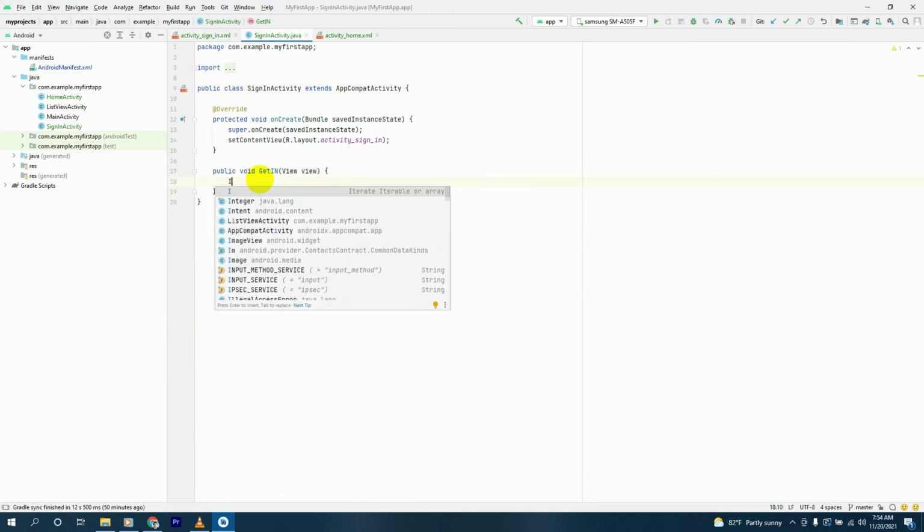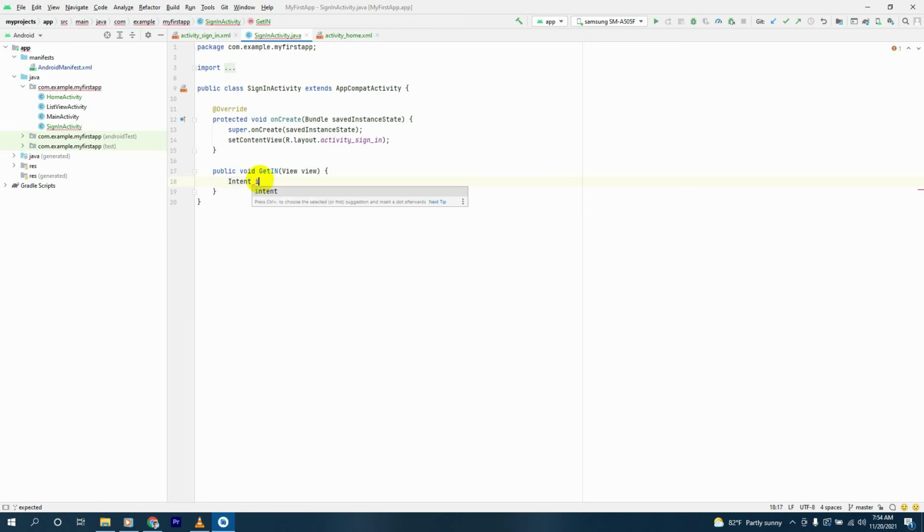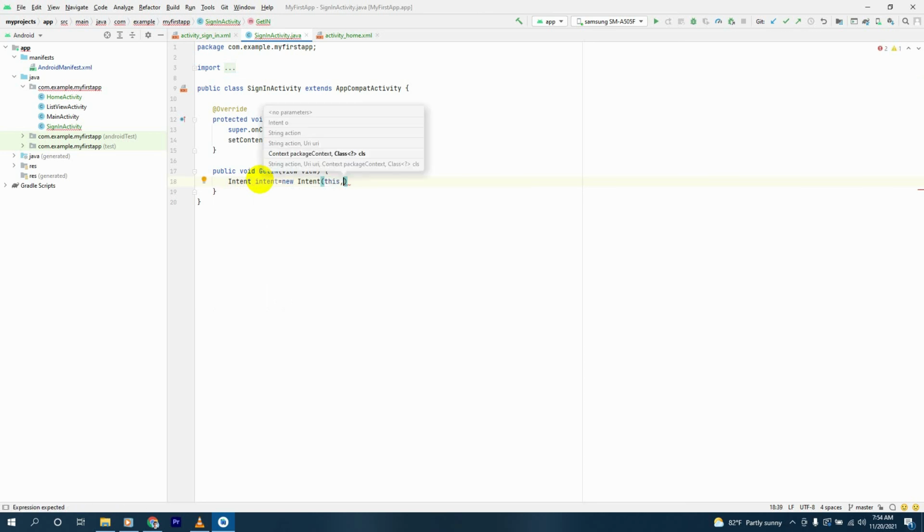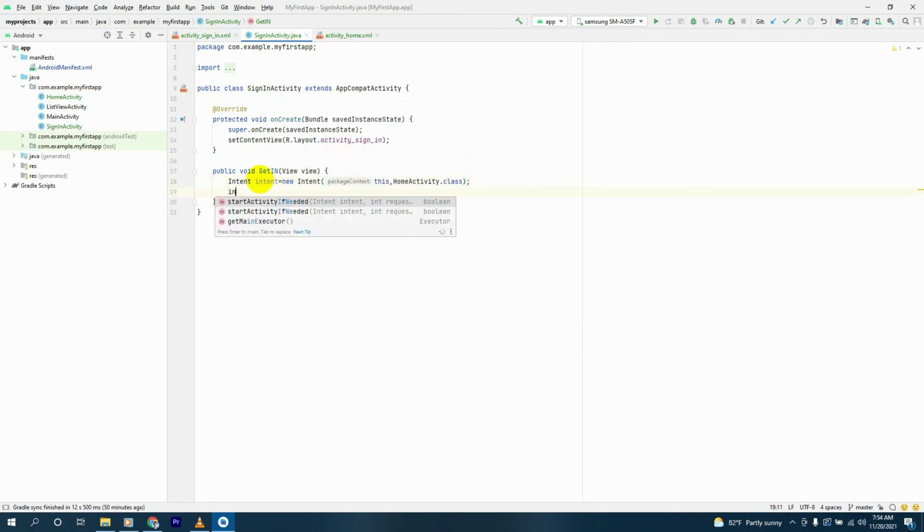From an activity we use our intents. We say intent equals new intent, and we'll provide the context as this, and we'll provide the activity to which we want to go to. We say home activity dot class, and after that we'll say intent